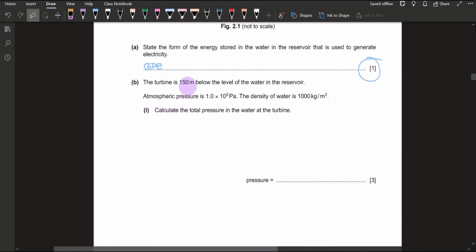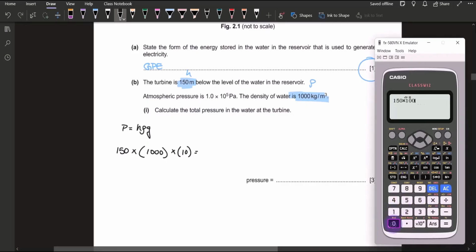Part B says the turbine is 150 meters below the level of the water in the reservoir. The atmospheric pressure is 1 into 10 raised to the power 5 Pascal, and the density of the water is given. Calculate the total pressure in the water at the turbine. So we have been given the height, h, and the density, which is known as rho, and we have to find pressure. So we have the formula: pressure equals h rho g. Height we know is 150, density is 1000, and the gravitational constant is 10. So we get this: